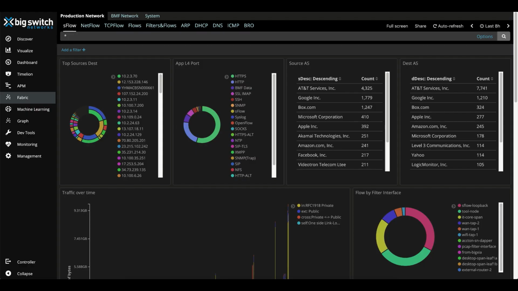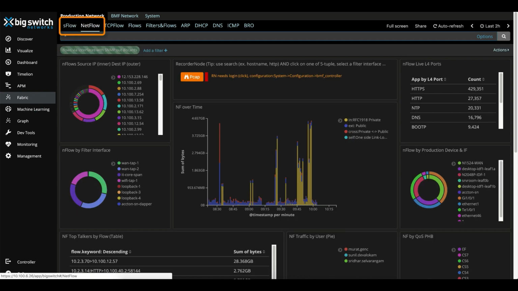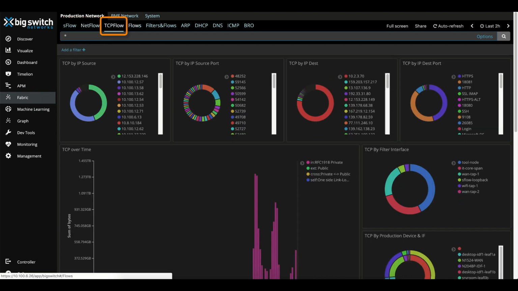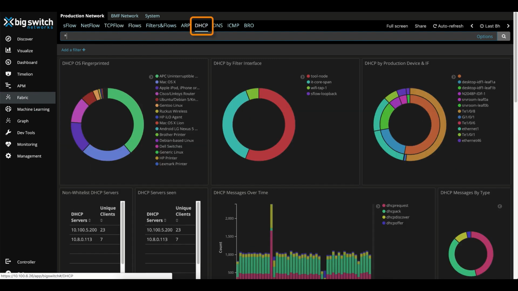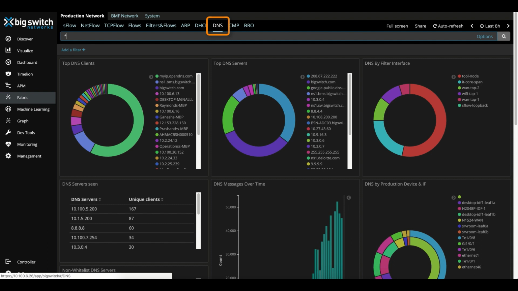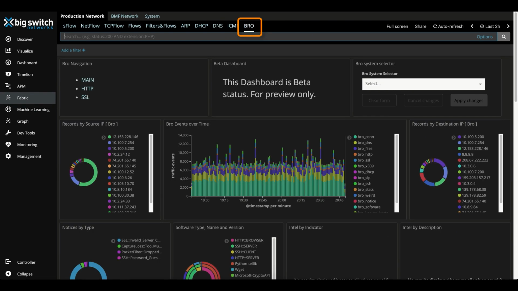Now let's begin with a quick overview of the BigMon Analytics robust user interface. As we log in, we are presented with several predefined dashboards: the SFlow and the NetFlow dashboards, which provide flow intelligence, TCP dashboard, which provides application performance intelligence, DHCP dashboard, which provides OS fingerprinting, DNS dashboard, which provides rogue DNS server or domain name misconfiguration identification, and an open source IDS like Bro or Zeek dashboard, which provides rapid attack